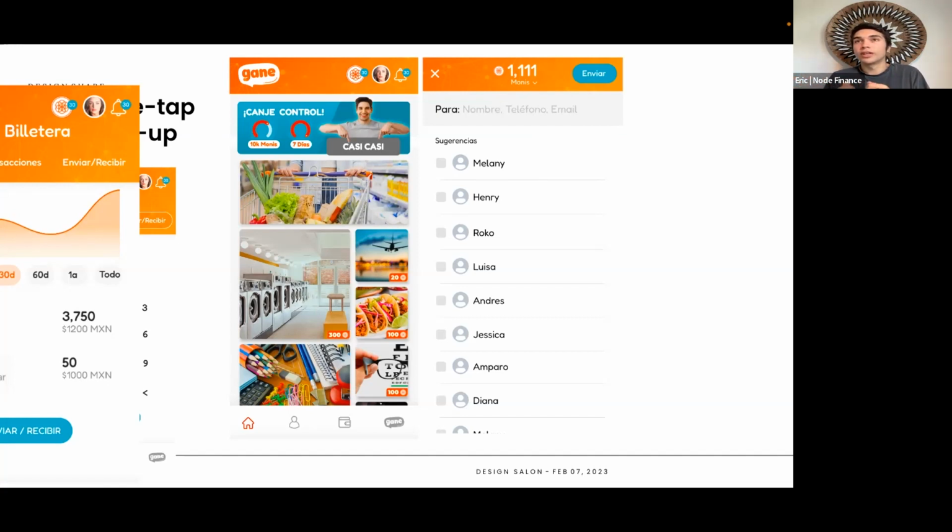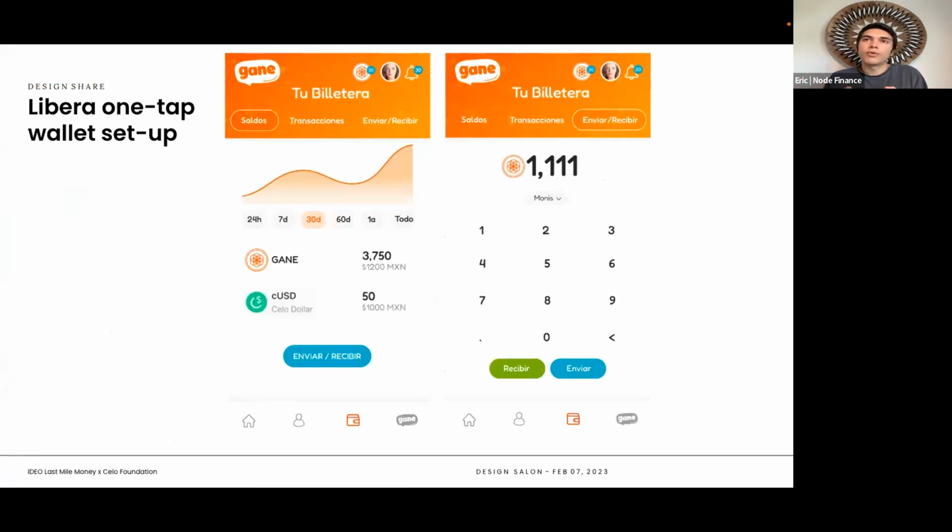But one thing that they're going to be able to do once we do that is they're going to be able to remit the Gane tokens between each other, because Gane now has that added security of, instead of using their own database, they can use a public blockchain, and they can start rolling out more read and write functionality to end users. So that is step number one. So you can watch these ads, earn the airtime, you can use it for yourself, or you could remit it to friends and family. We will then start to roll out, as you can see here in the mockups, stable